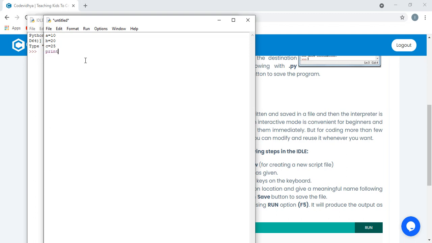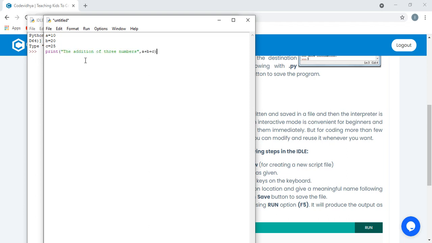Then in print, bracket, double quote, addition of three numbers, double quote close. Then we can write in the next line or in the same line also using a comma. If you use a comma and write here A plus B plus C, you will get the answer.